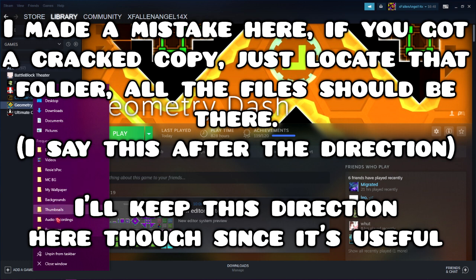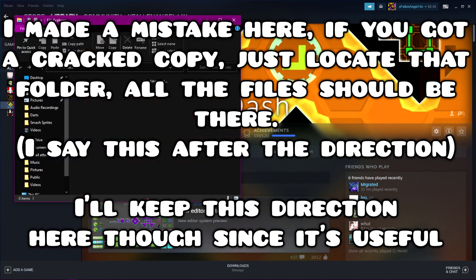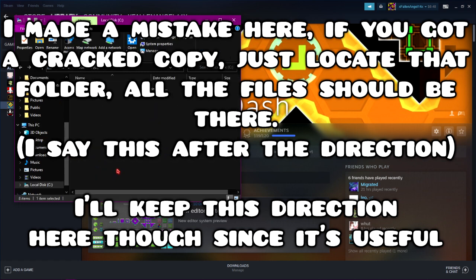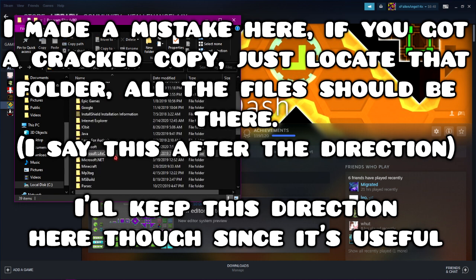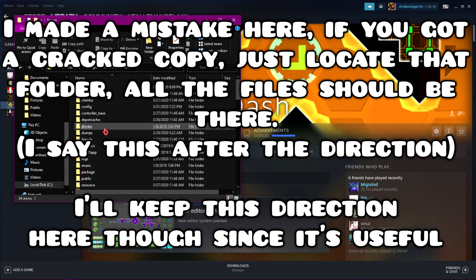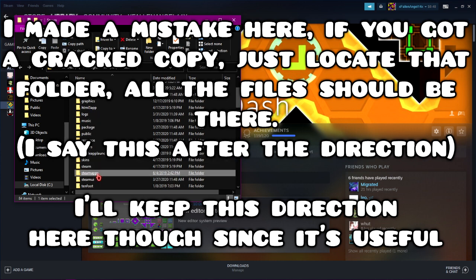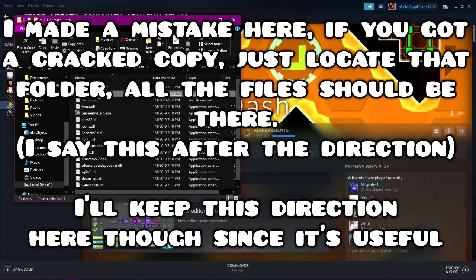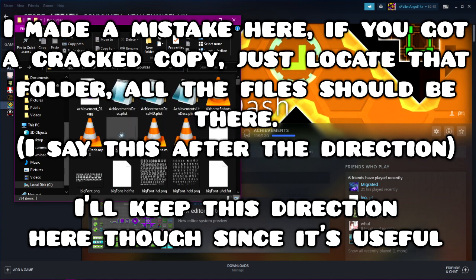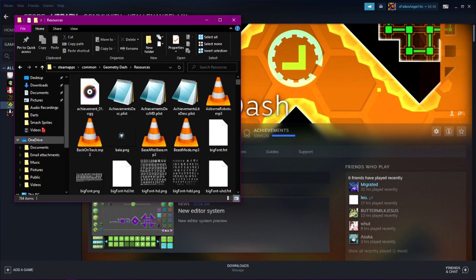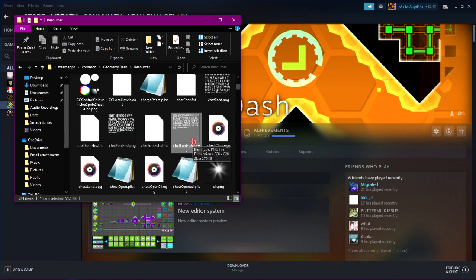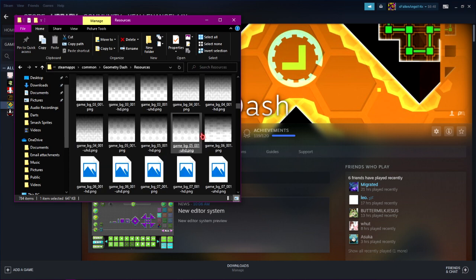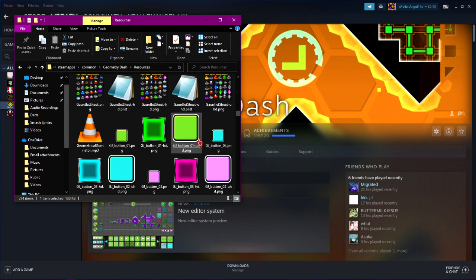So I'm going to open up my file explorer, and what you're going to do, you're going to go to This PC, Local Disk, Program Files 86. Then you're gonna go to Steam. You're gonna scroll down till you find steamapps, common, Geometry Dash, resources, and this is where everything is. Unless you have Geometry Dash in a separate folder with all the stuff, you could just put it on your desktop and find that folder and look for the resources folder, and once you find that, you should have all this stuff. So just scroll down until you look for GJ_GameSheet-glow